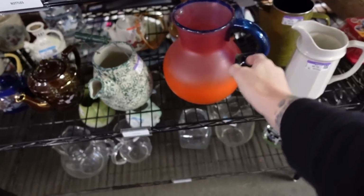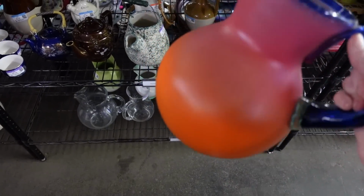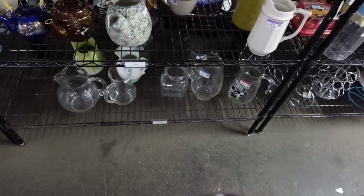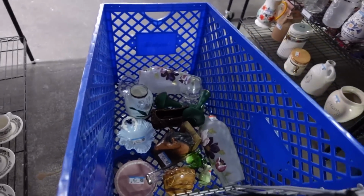This art glass pitcher was amazing, and I did really like it. It wasn't until I got to the checkout that I realized that there was a crack in the bottom. You can see it a little bit there. But I'm glad that I caught it, because that would have been a nightmare to